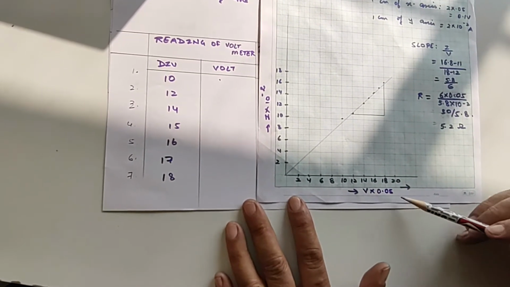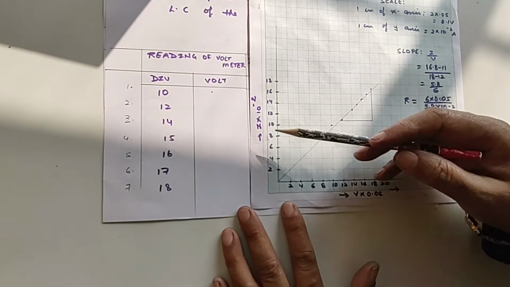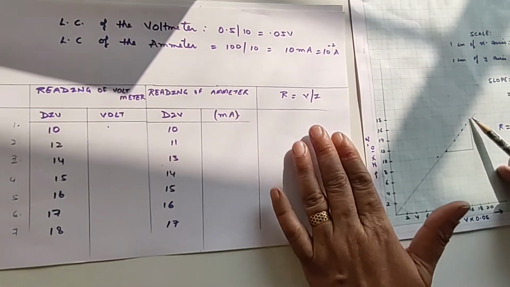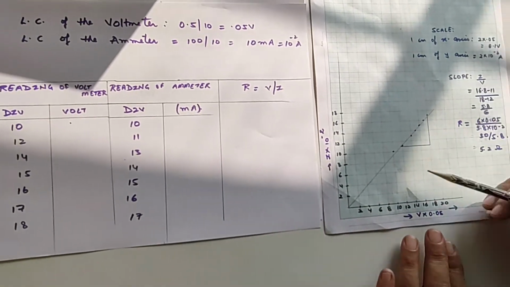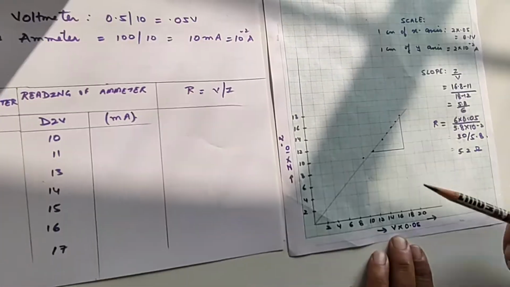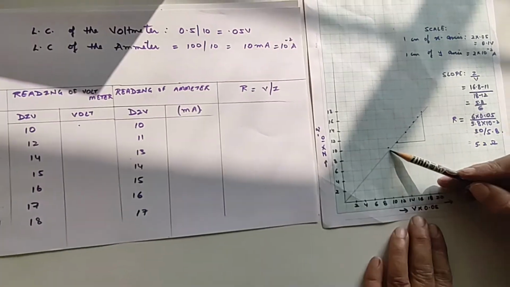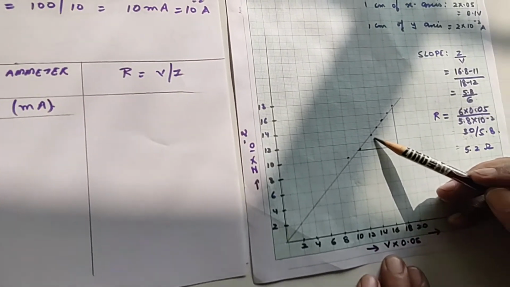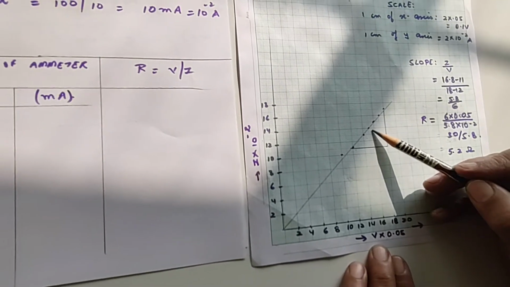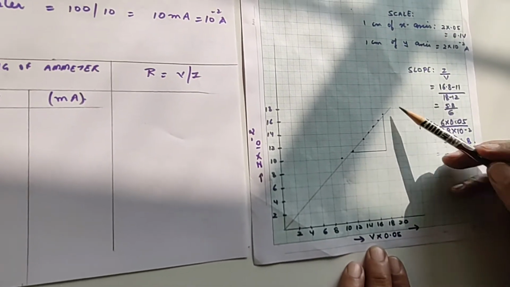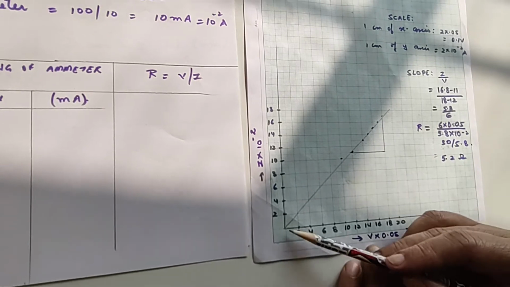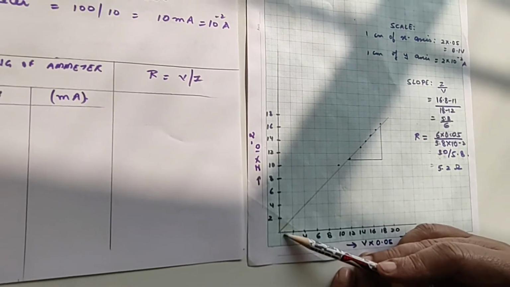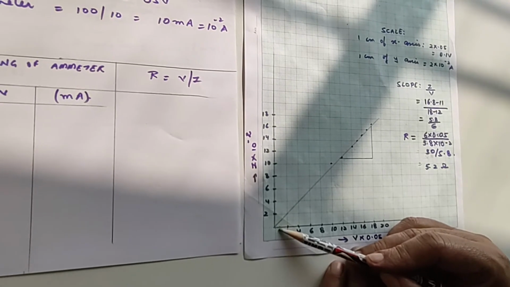And I have volt into least count, you have to write it like that, and I into 10 raised to power minus 2 ampere is the least count of the ammeter, so I have written that. I have just plotted the points according to the observations: 10, 10, and then 12, 11, and then 14, 13, and 15, 16, like that. While you are drawing a line, see that your line should pass through the origin. That is very, very important. If it is not passing through the origin, that means your observations are not correct.